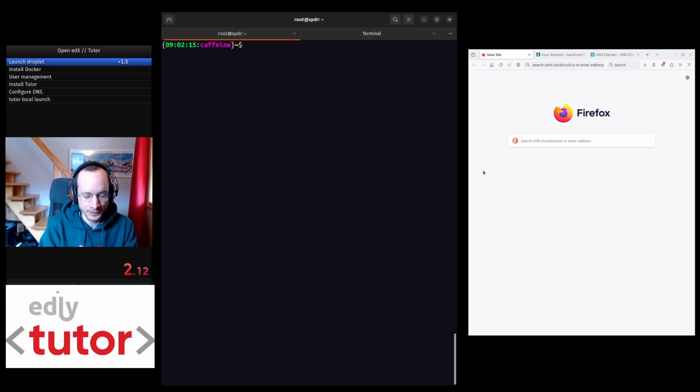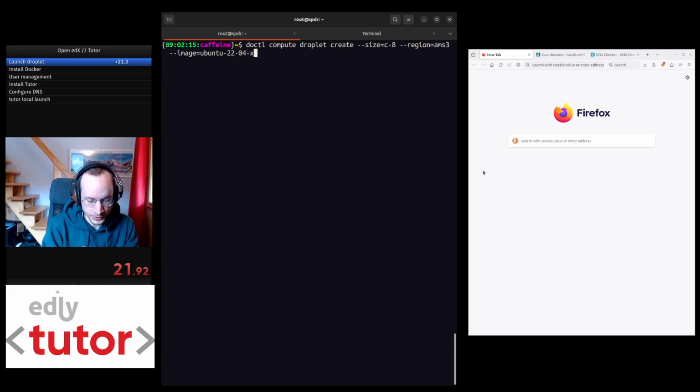I start by launching a droplet. Compute droplet, create, of size C8, that's 8 processors, in the Amsterdam region. It's going to be running Ubuntu 22.04 on an x64 architecture. SSH key, I already have my SSH keys in DigitalOcean. I need to type the ID of my key, and I'm going to be calling it speedrun. There you go. Okay, while this is running, I can